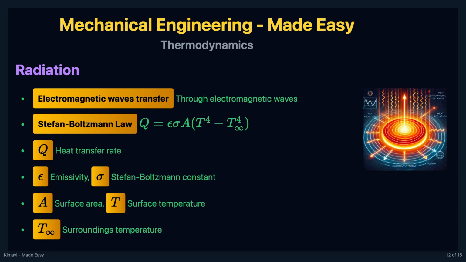Radiation is the transfer of heat through electromagnetic waves. Unlike conduction and convection, it does not require a medium. The rate of heat transfer by radiation is given by the Stefan-Boltzmann law, which is Q equals epsilon sigma A times (T to the power of 4 minus T infinity to the power of 4). Here, Q is the heat transfer rate, epsilon is the emissivity of the surface, sigma is the Stefan-Boltzmann constant, A is the surface area, T is the absolute temperature of the surface, and T infinity is the absolute temperature of